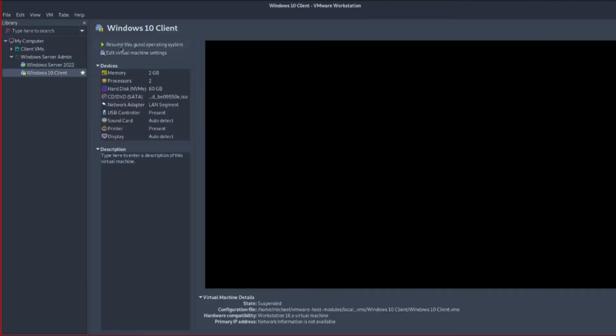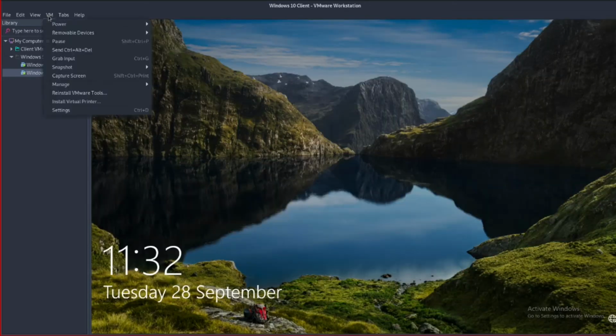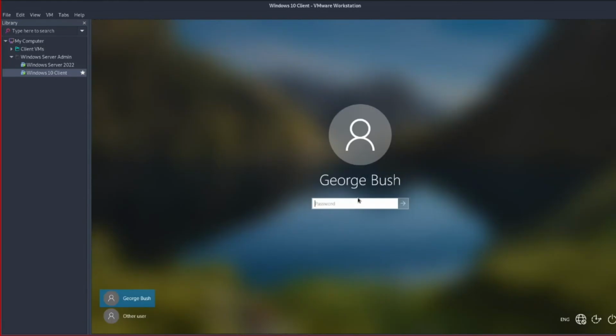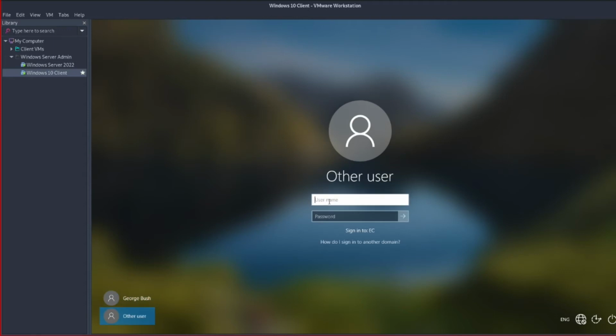So, let's start up the client operating system. So let's go send Control-Alt-Delete. George Bush was last logged in. Let's log in as another user. Alright, I'm going to log in as administrator because I want to change some of the network configuration. So let's go administrator, and we want to go to